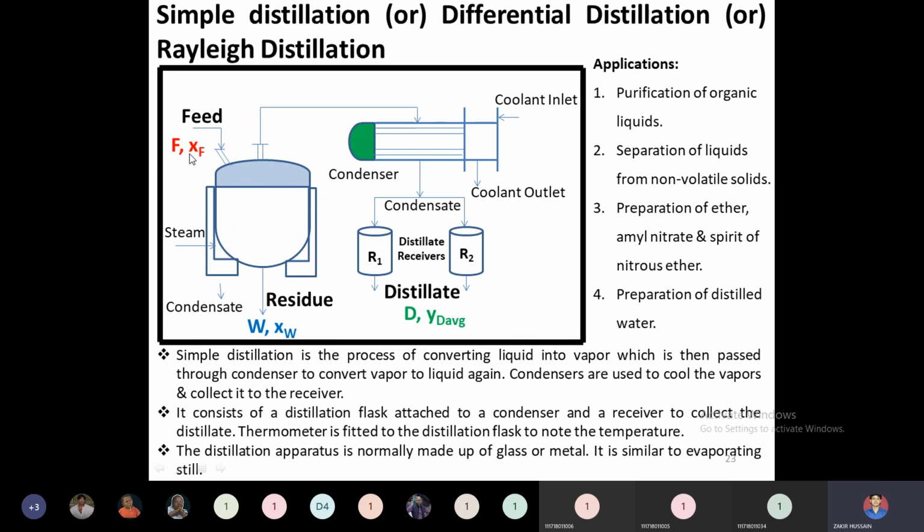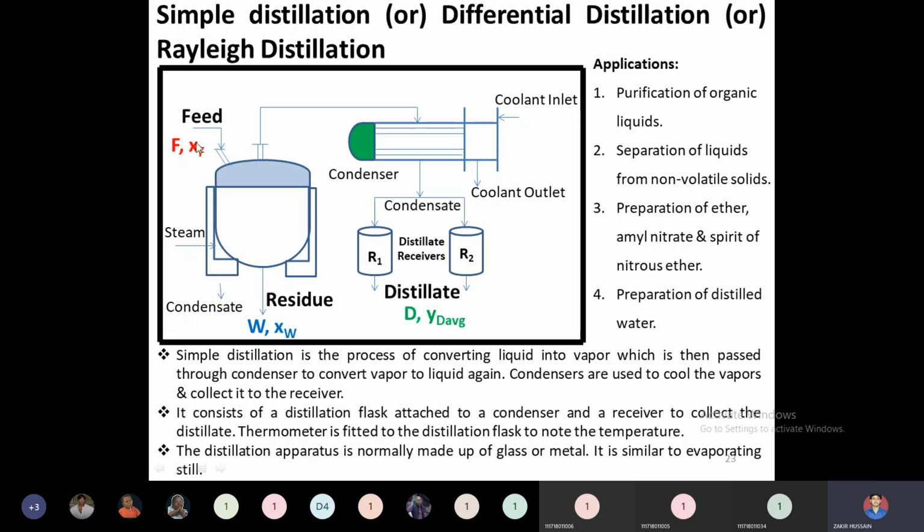At the feed inlet, the feed flow rate is denoted as F, and the mole fraction of the more volatile component in the feed is XF. In distillation operations, we largely denote our notations with mole fractions and molar rates, not mass fractions. We can also calculate this for mass flow rates, but usually we use moles per second. The mole fraction of the more volatile component in the feed is XF, and the mole fraction of the more volatile component in the residue